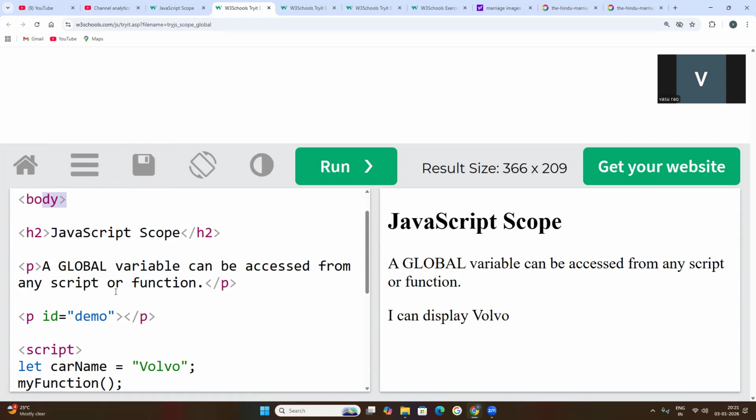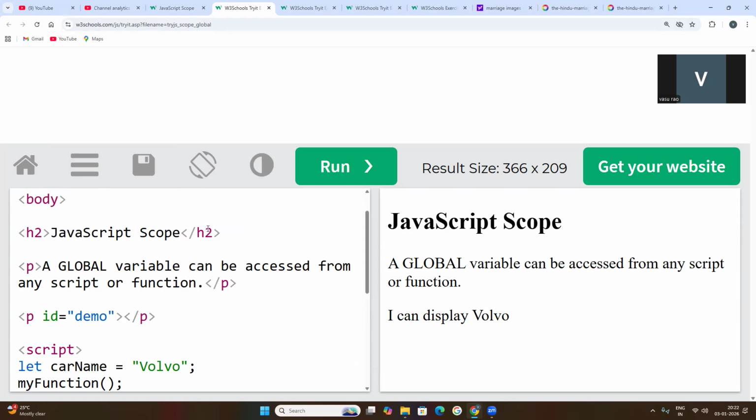So here, this is the header section. Inside the header section, whatever code we have written will be displayed on the screen. Every header element has two tags: this is the header start tag, and this is the header end tag. The difference between start tag and end tag is that the end tag is closed with a forward slash.